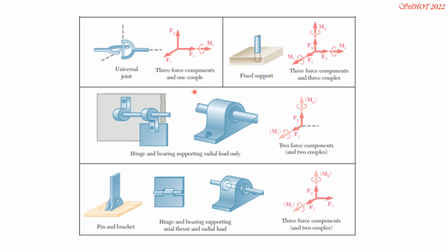So three force components and one couple for this universal joint. So they are free to rotate about the y and about the z-axis. So there will be no moment components about the y and the z-axis for that case, only about the x